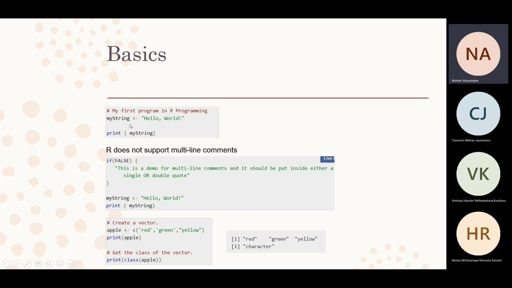And you can just type the variable name itself. You do not need to specify the data type and the size of the variable. You just type the variable name and simply assign a value, maybe a text value, maybe an integer value, using this arrow.